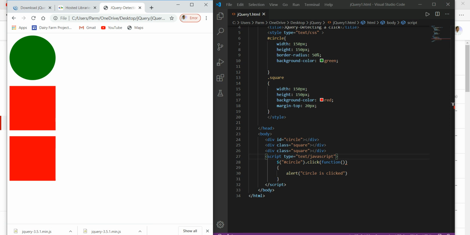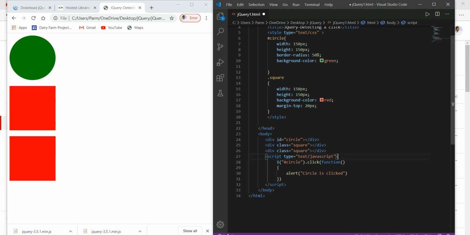As before, function, parentheses, and then curly bracket. Okay, this is the problem over here. On click, we have to use this function, and here we have to close this function at this position.